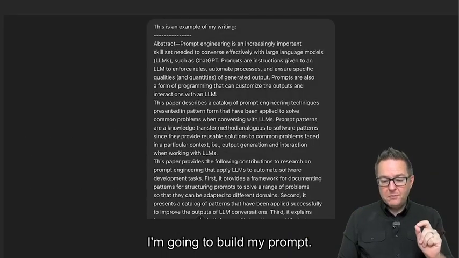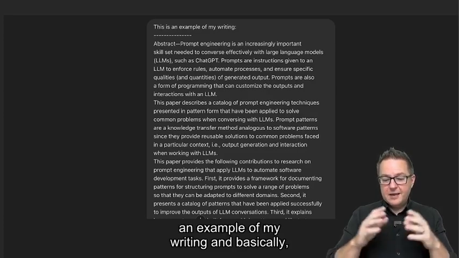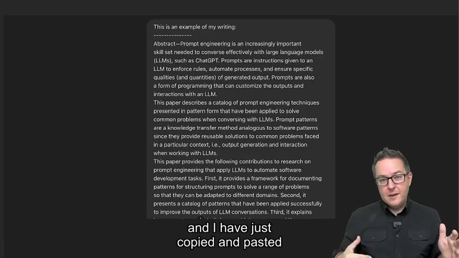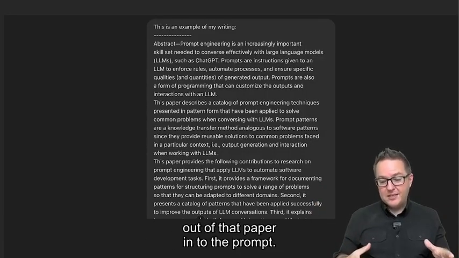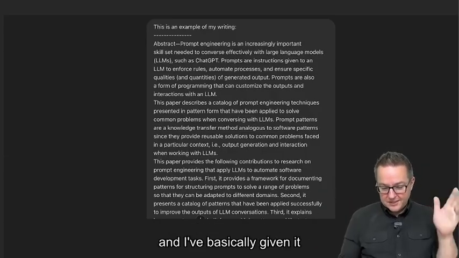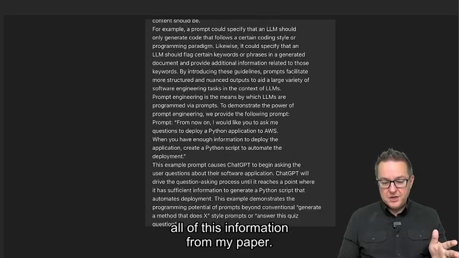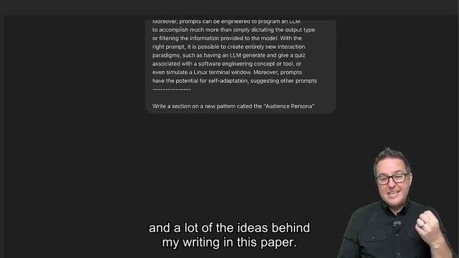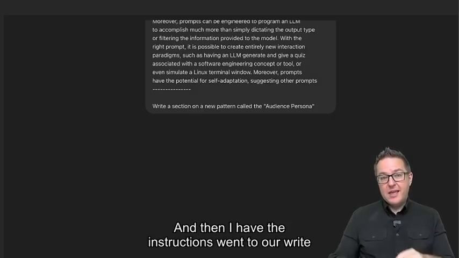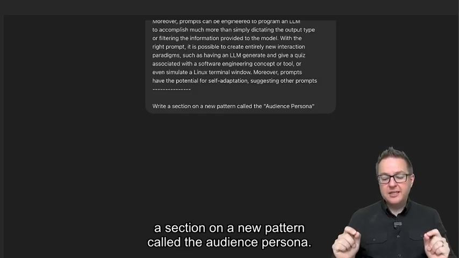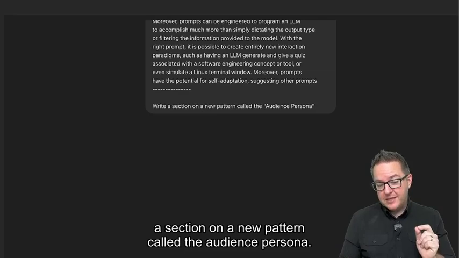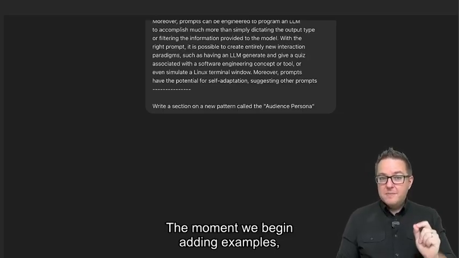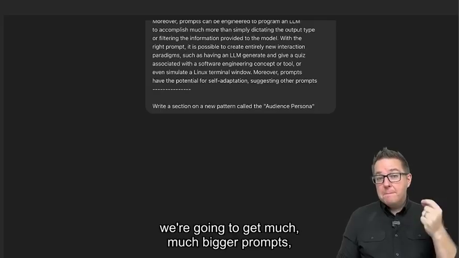So I'm going to build my prompt. I'm going to say, this is an example of my writing, and basically I have gone into my paper and I have just copied and pasted almost the entire introduction out of that paper into the prompt. I then separated it and I've basically given it all of this information from my paper. That's a lot of information about how I write stylistically and a lot of the ideas behind my writing in this paper. And then I have the instructions, which are write a section on a new pattern called the audience persona. So you notice this is a totally different type of prompt from what I started with, where I just had some instructions. The moment we begin adding examples, we're going to get much, much bigger prompts,